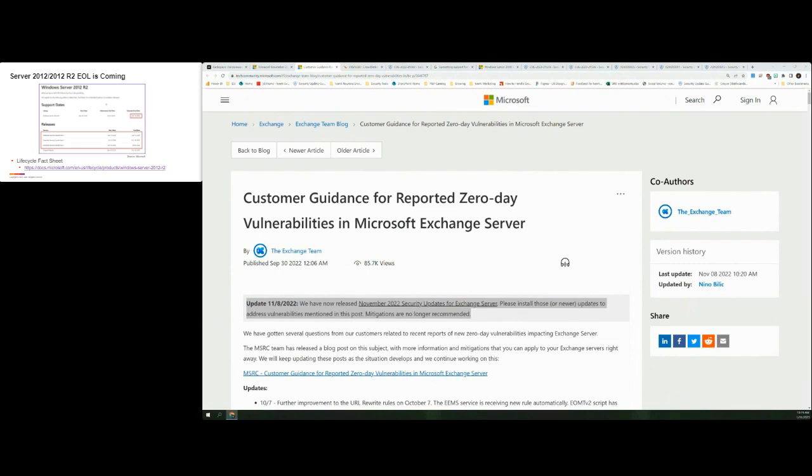Let's see. Chad asked the question: appreciate the commentary regarding on-prem Exchange, may need to run through it again for the CIO and CEO to get them to move to Microsoft 365. So Chad, on that one, I'm more than happy to. That guidance was more, hey, we're seeing a lot of very sophisticated threat actors. This is not Microsoft guidance. This is Chris Goettl's advisement. With what we're seeing, you can bet that this is not going to curb the behaviors of these threat actors. They're very good and very knowledgeable in Exchange. I'd be more than happy to relay that kind of guidance as well.